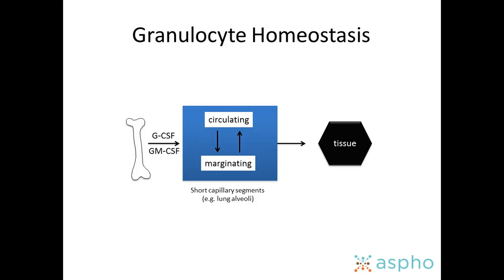And so the way granulocyte homeostasis works is we make all these precursors, and I'm going to go into some of the details of how you manage the problem of: we don't want this pus everywhere all the time, but how are you able to recruit these marines to a site when you need them, but then have them waiting and not causing problems when you don't need them. And so our bone marrow, as we all know, responds to G-CSF and GM-CSF, and that leads to precursors, which then have this homeostasis between a circulating and marginating pool, and then those end up going off to the tissue.